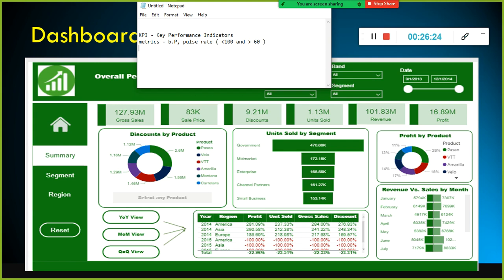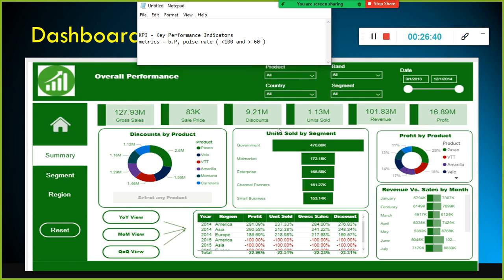But overall, in quarter one compared to last year, this year the sale is more. So you will get to know, are we on track, or are the sales really going up or not, by comparing month on month.